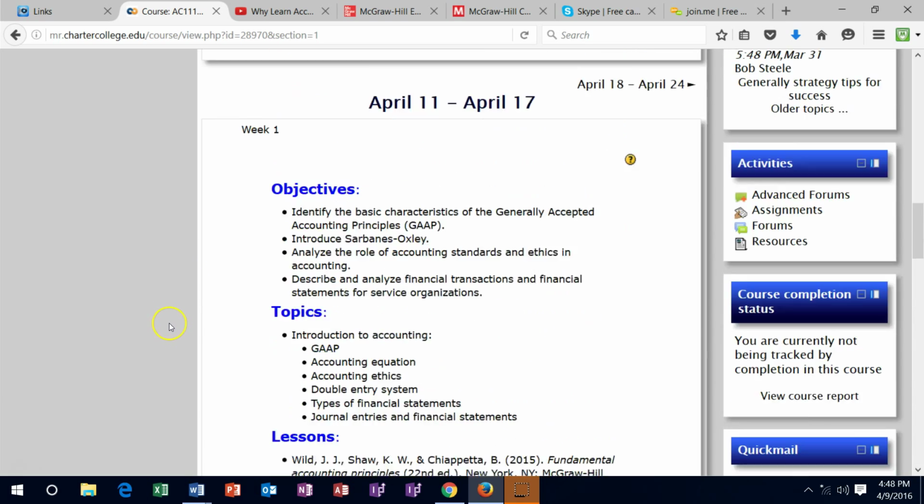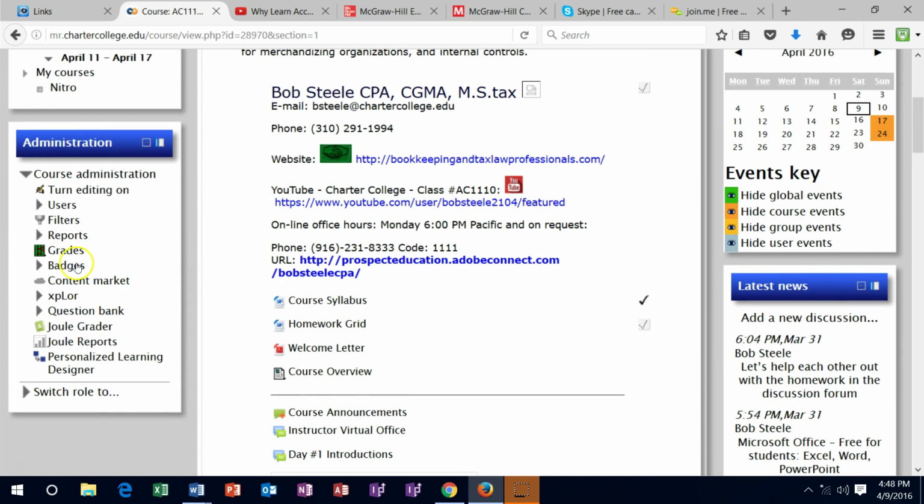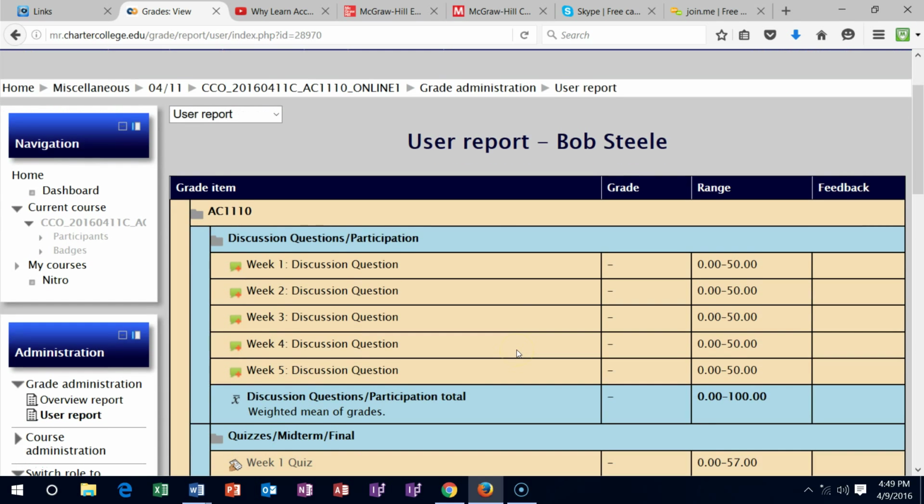All right, going to go back up to the gradebook real quick. The gradebook is on the left-hand side. Now, this gradebook will not be fully populated until after the week closes. So what will happen is you have until Sunday to enter the information. I have then until Tuesday to enter all the information for week 1 into the gradebook. So by the close of the week on Sunday, then on the following Tuesday, you want to go in here